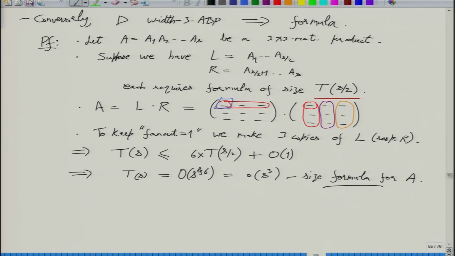So the formula you get is just by divide and conquer and do it with some care, so that the fan out remains 1. So circuit was direct, but formula needs this trick of copying. And where are you using the fact that it's constant width? Yeah, so the copying is the only place where you need constant width. Right, that's the important point.